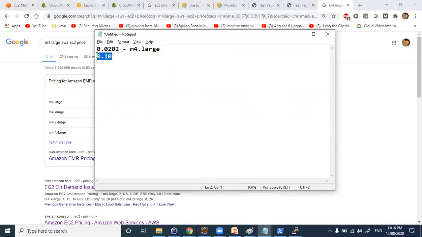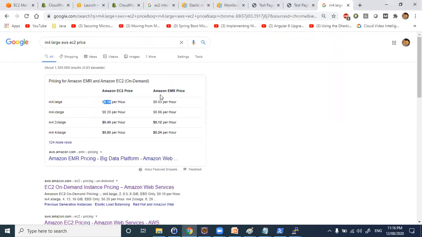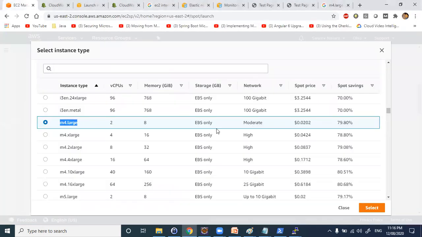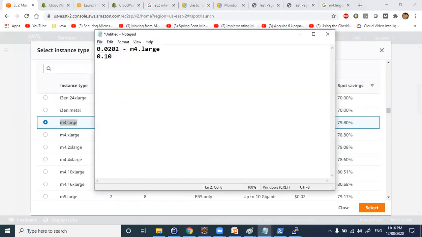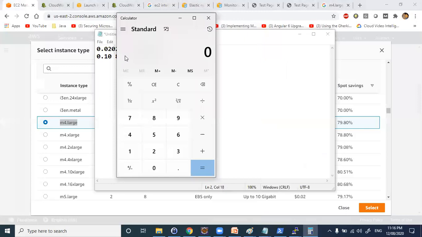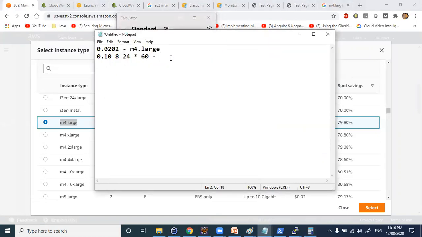That is the cost for 1 month. Let's calculate this one into 24 into 30, so $72 per month. This is on demand.